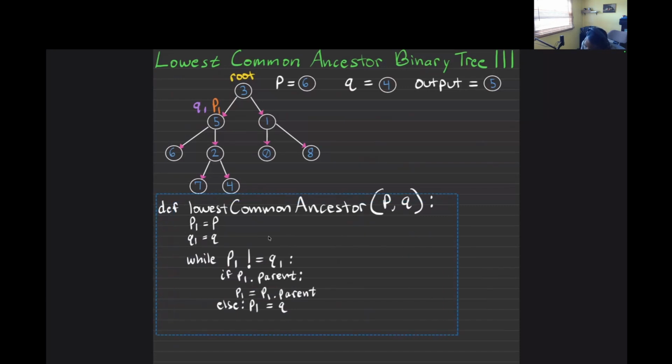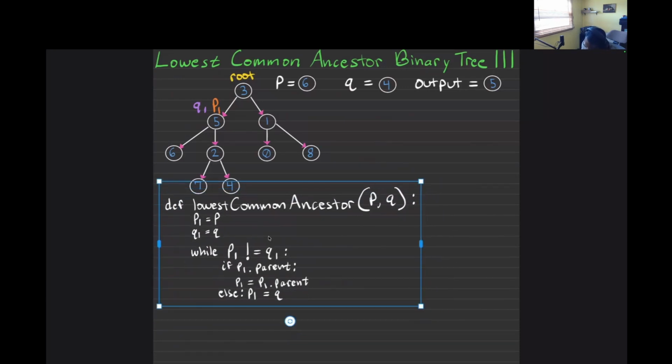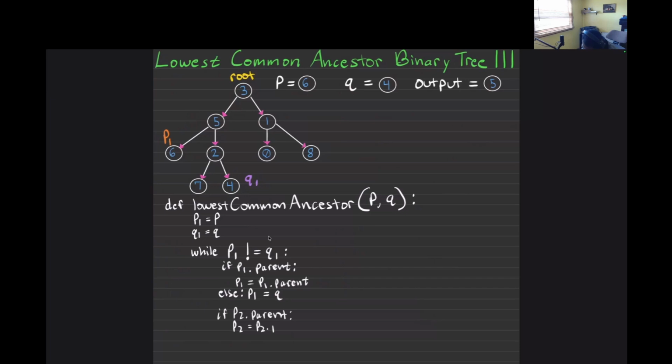So let me make this a little bit smaller so we can see. That should be fine. And I'll reset this while I'm here. So Q1, P1 here. Okay. Yeah, so now we have to do it for Q1. So if Q1 has a parent, we say Q1 is equal to Q1 dot parent. Okay? And otherwise, if it doesn't have a parent, then we'll set Q1 equal to the original other node, which